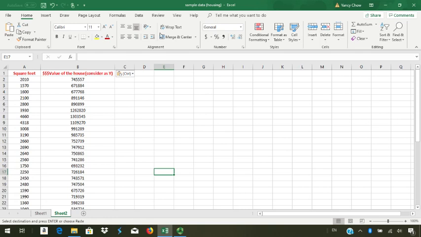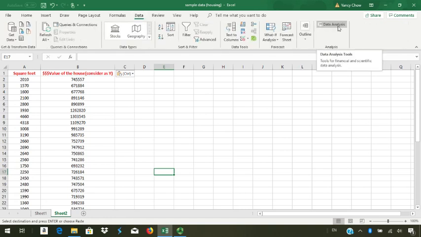Remember, we will use the data analysis. So Data, and then Data Analysis. If you don't have this button, Data Analysis, please watch the video on how to add in Data Analysis in Excel on Canvas. Usually, before we do the simple linear regression, we want to have a view of the data before the analysis, which we call